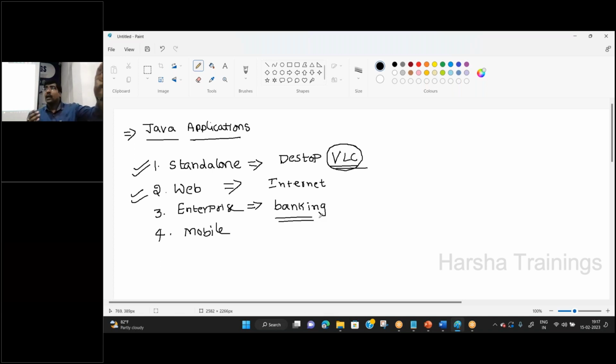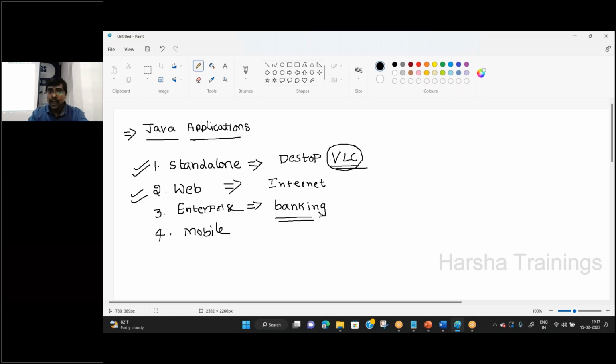Suppose in branch 1, I perform some credit operation. Suppose 100 rupees is credited in my bank account. Now you go to branch 2 and check. Is the 100 credited or not credited? That means an enterprise is a group of